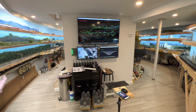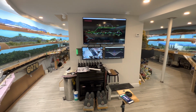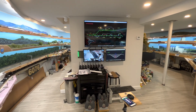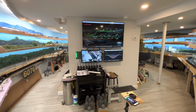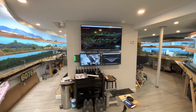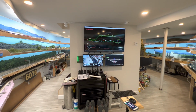So even though I've been busy, I have been doing a lot of work down here. On odd hours, or sometimes I get just a few minutes, I come down here and I try to do the best I can, but I have little by little made some progress. So I figured I'd take you through it very generally today and just show you what I've been doing. So the first thing and the biggest thing I've been doing is rewiring,